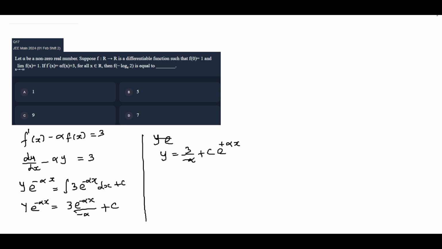Okay, so using the condition, limit x tends to minus infinity f of x equal to 1, so 1 equal to 3 by minus alpha plus c into e power alpha x, e power alpha into minus infinity. So this value must be 0